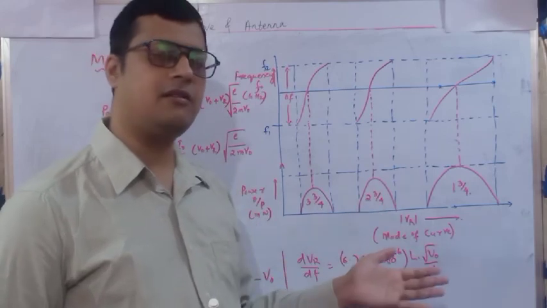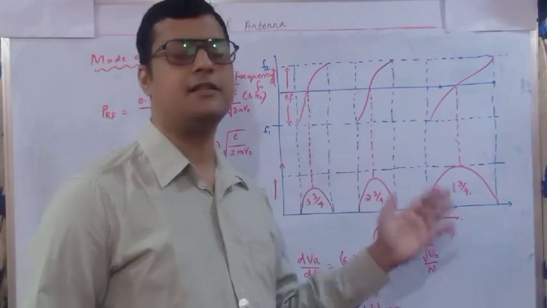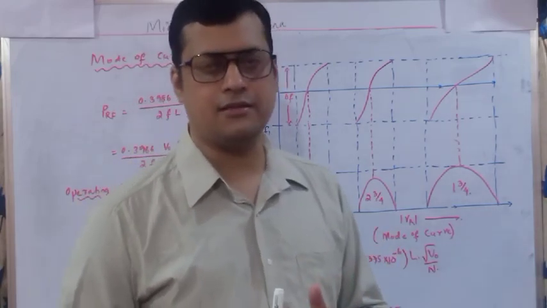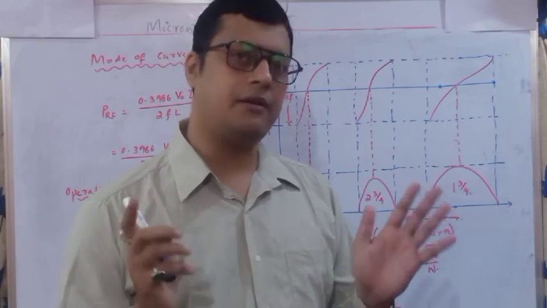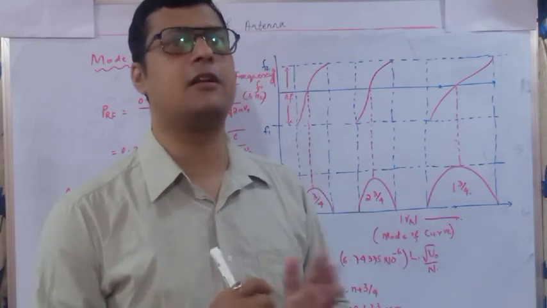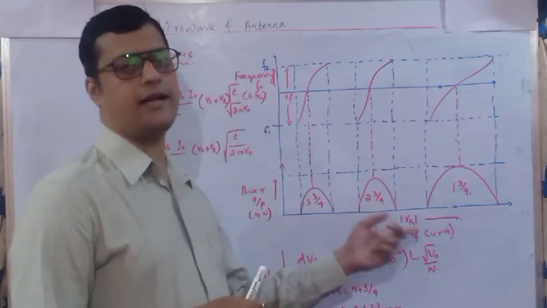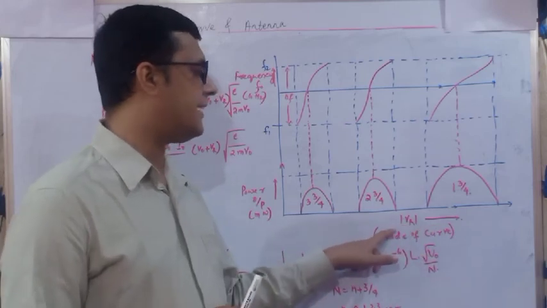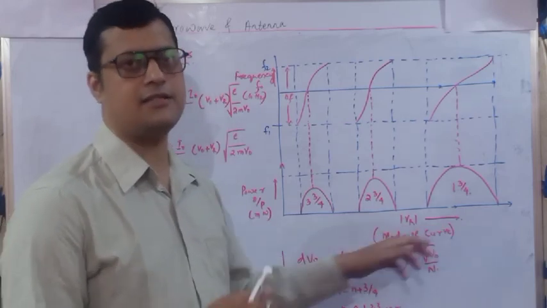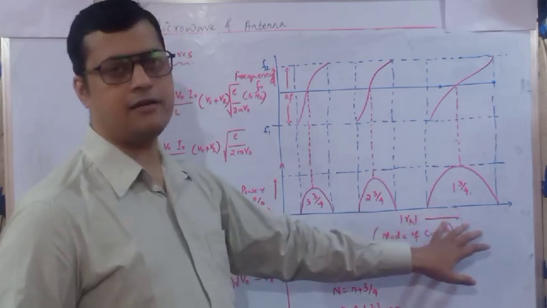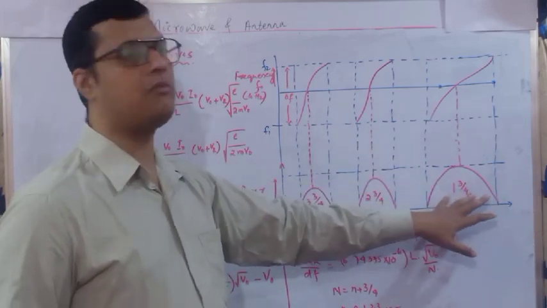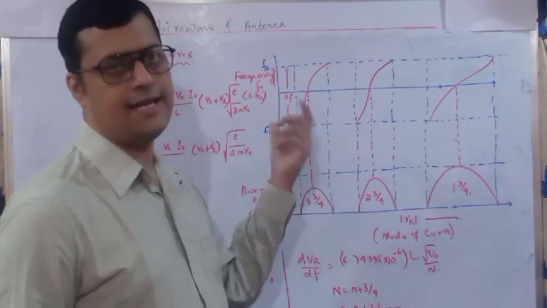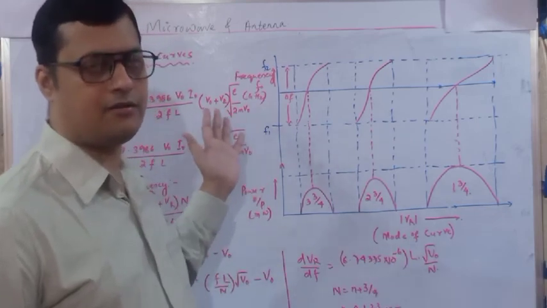Now once these values are interrelated with each other, we can determine the operating frequency of a reflex klystron and the output power of a reflex klystron with the help of the repeller potential, because the number of modes is calculated with respect to this repeller potential. Here on the x-axis, you can see that I have written VR. This is the potential. We get maximum output when the number of modes is low, and minimum output when the number of modes is high. That relation we are going to see in this particular discussion.